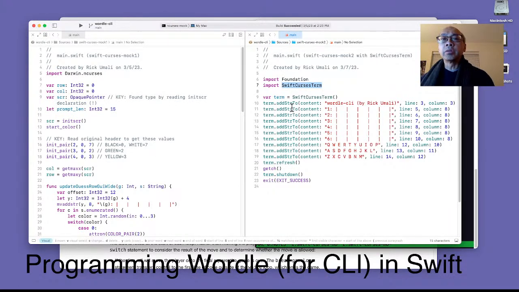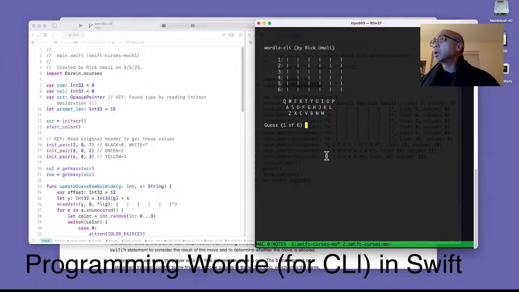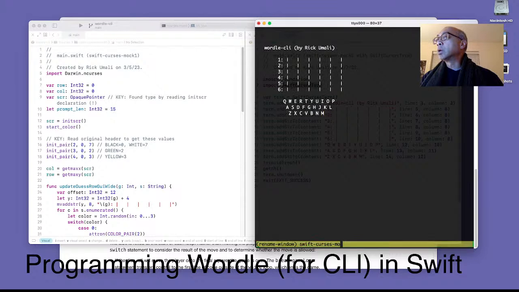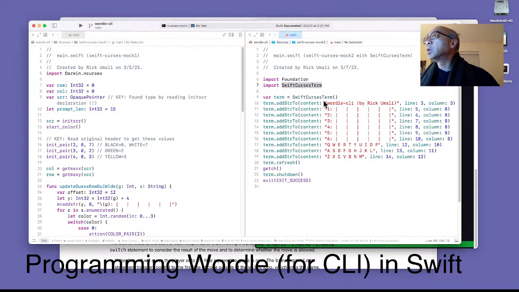I've rearranged my screen from the session before. On the terminal, I'm going to rename this tmux lower window to mock 1, and the other tmux window I'm going to name mock 2. So we're going to be working tonight in mock 2, which is this code here on the right, and we're